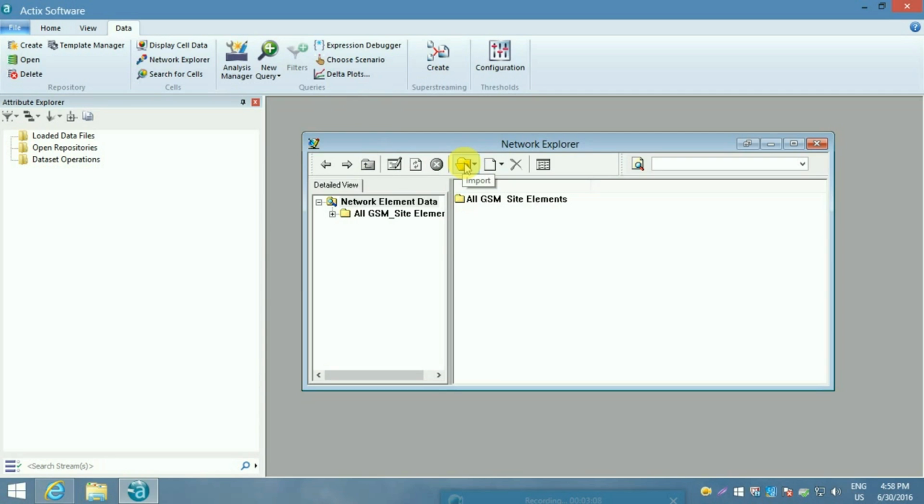We can either import from a new template or import using a template which is already created. A template is a form of settings. It is an organized way of importing the cell site data.